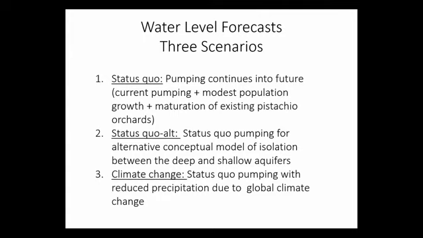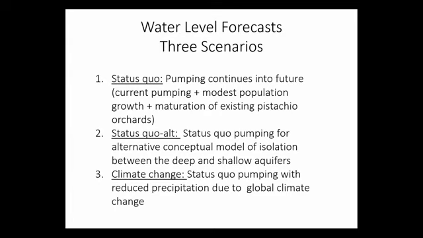Now, what we did is after we calibrated the model and felt comfortable with it, we used the model to simulate 3 different scenarios into the future to see how water levels might change. The first makes sense. We just simulated a status quo condition. So this is basically just allowing current pumping to continue out into the future with a modest population growth and allowing some of the younger pistachio trees to mature. Once they mature, they're going to use a little bit more water, so there'll be a little bit more pumping